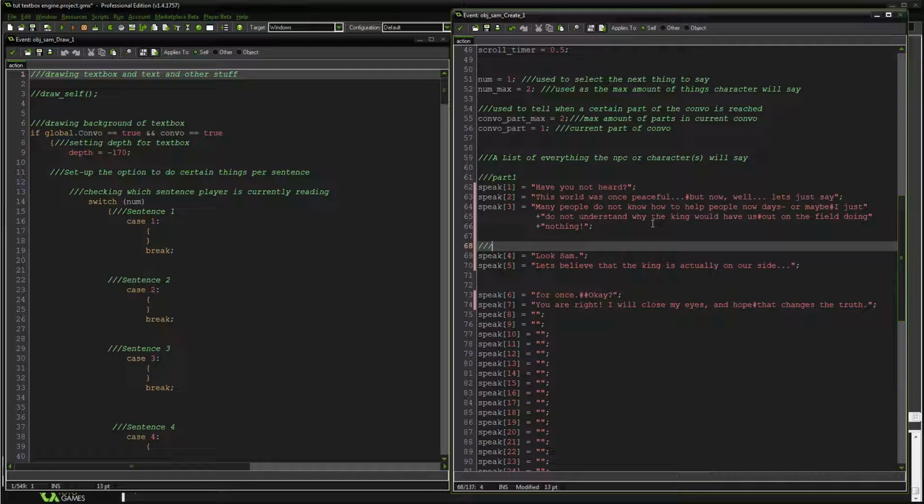Okay, and we'll make part 2 consist of: look, Sam, let's believe that the king is actually on our side. For once, okay? And who knows, maybe you wanted a little secret to happen here, so you trick people into thinking that's the end of the conversation. But no, it's not. There's another part to this conversation. You are right. I will close my eyes and hope that